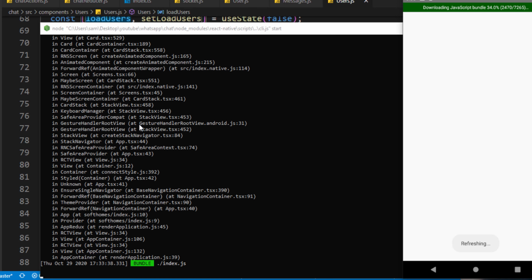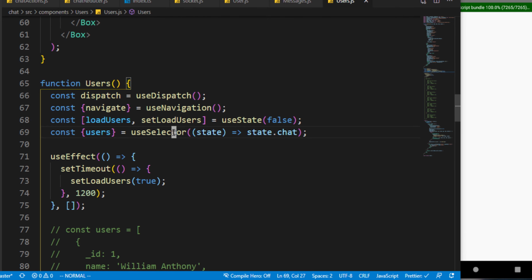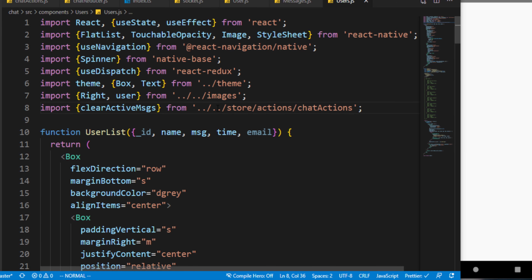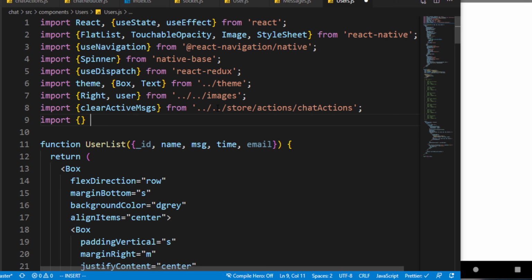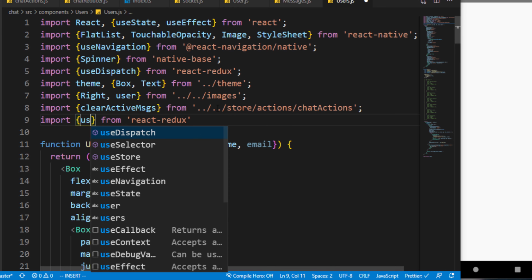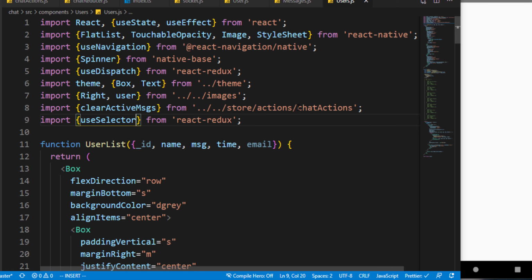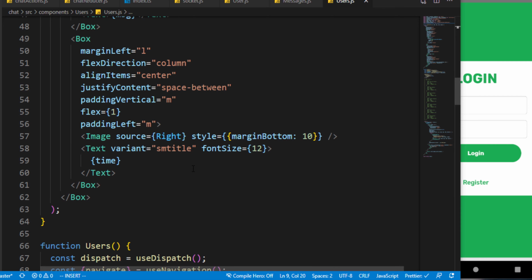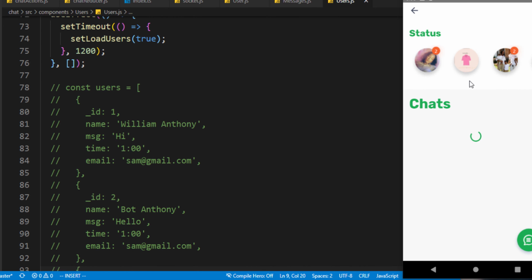So it's saying we don't have a use selector, which is very simple. We can get the use selector from React Redux. So I'm just going to import from React Redux. I can get the use selector, and let's save that, and that should solve that. So if we have another error, we can quickly fix that. So right now, you can see we have the chat user 1 and the chat user 2. So we are done getting all the users, so we don't have to bother ourselves getting the users, and everything